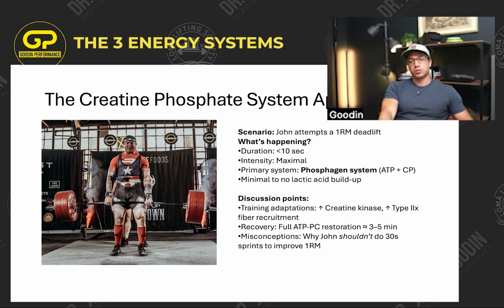Okay. So, common misconceptions about the creatine phosphate system: because it's a high intensity system, people often mix up high intensity with high effort and hard. High effort and hard are not necessarily duration limited. The creatine phosphate system is gassed after 10 seconds. So if you went and did something like 30-second sprints or Tabata intervals, especially with minimal rest, yes, you will get some training of your creatine phosphate system if you're untrained, but